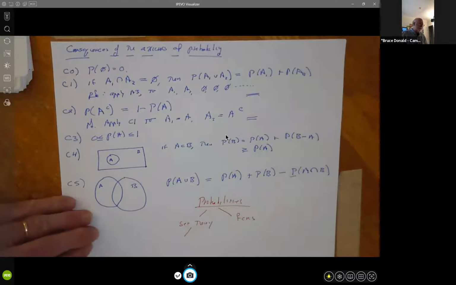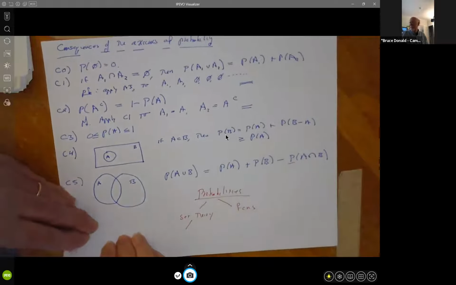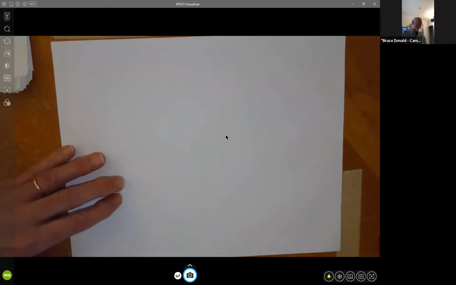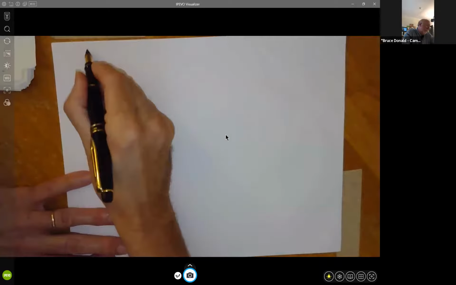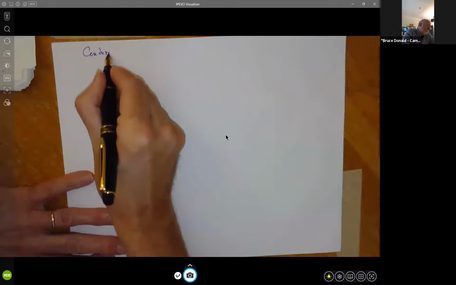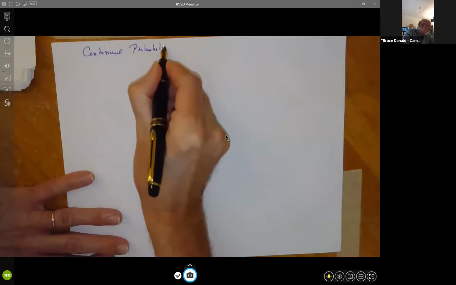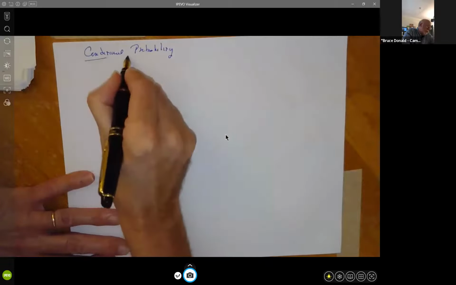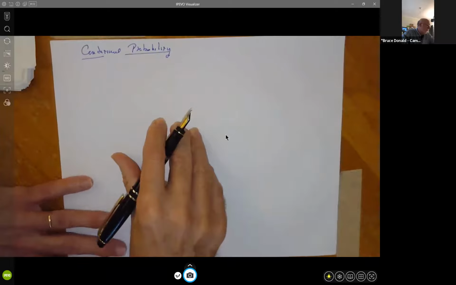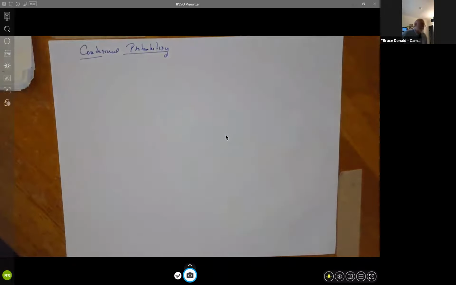And the example that I will do first is called conditional probability. So of course, this is a mainstay of probabilistic analysis, Bayesian probability, lots of things, but it will also be extremely useful in problem set 6, which will be out next Monday after problem set 5 is due.